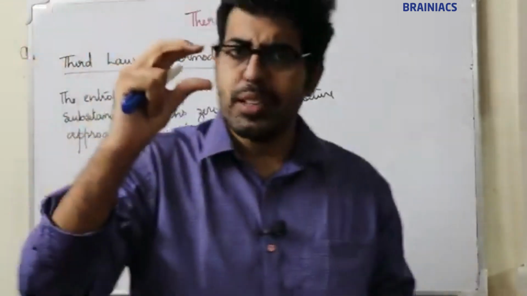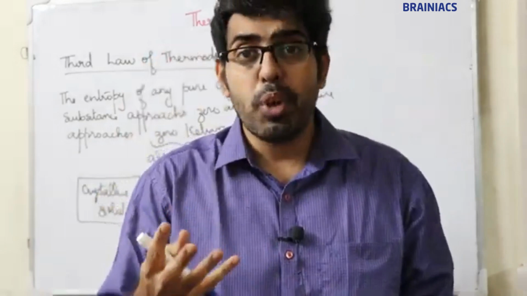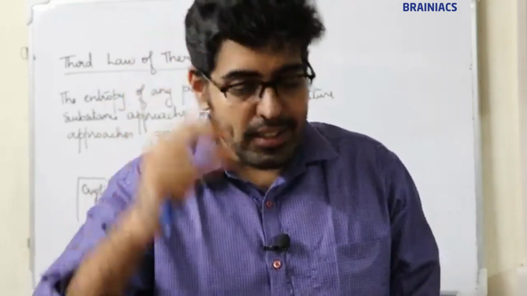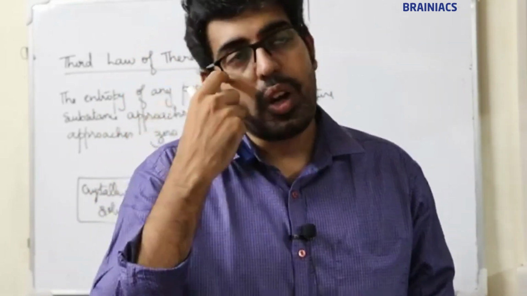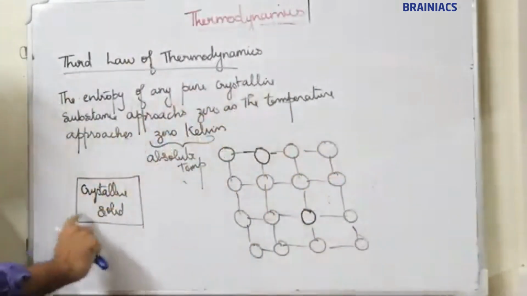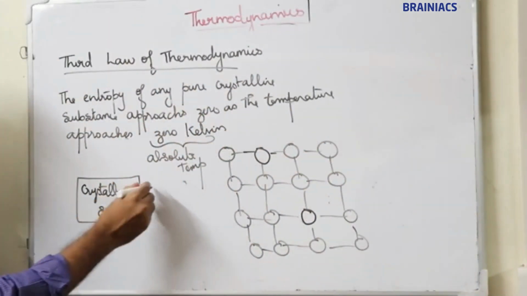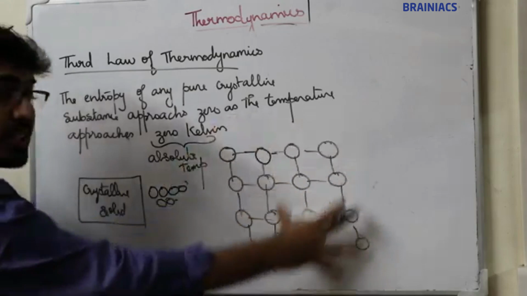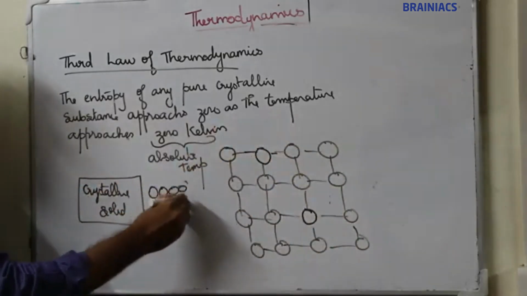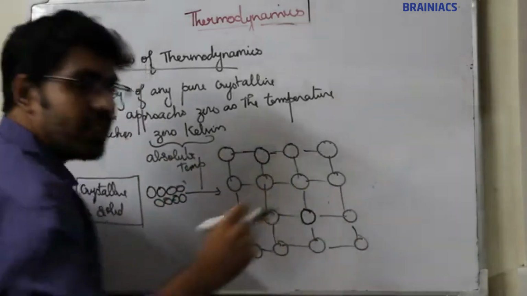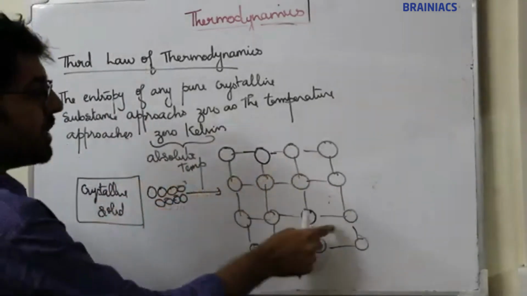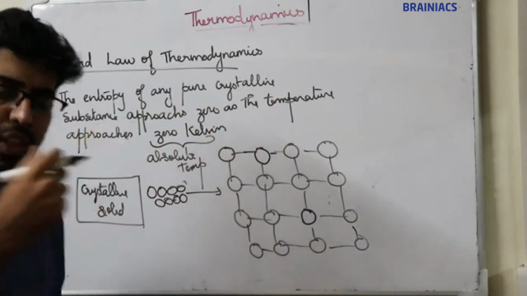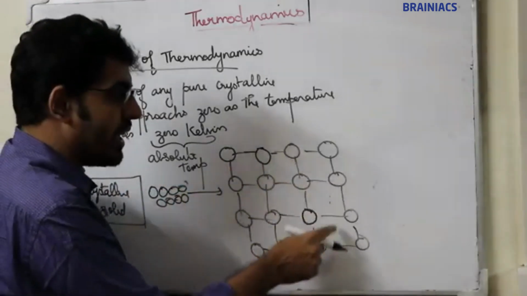Diamond is an example of a crystalline solid. Solid sodium chloride and sugar are also crystalline solids. In crystalline solids, particles are closely packed. Let this be the close packing of a crystalline solid. Now, you can see gaps in their packing. Even though they are closely packed, there will be some gaps. These positions are known as interstitial voids.